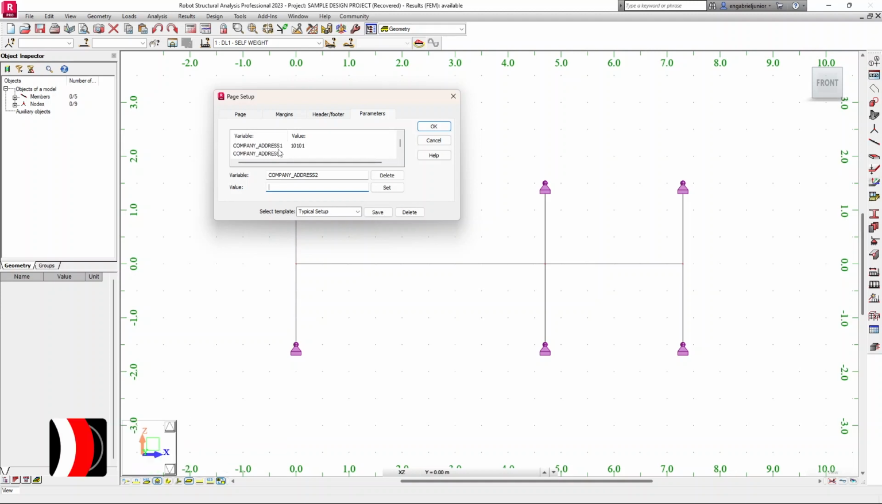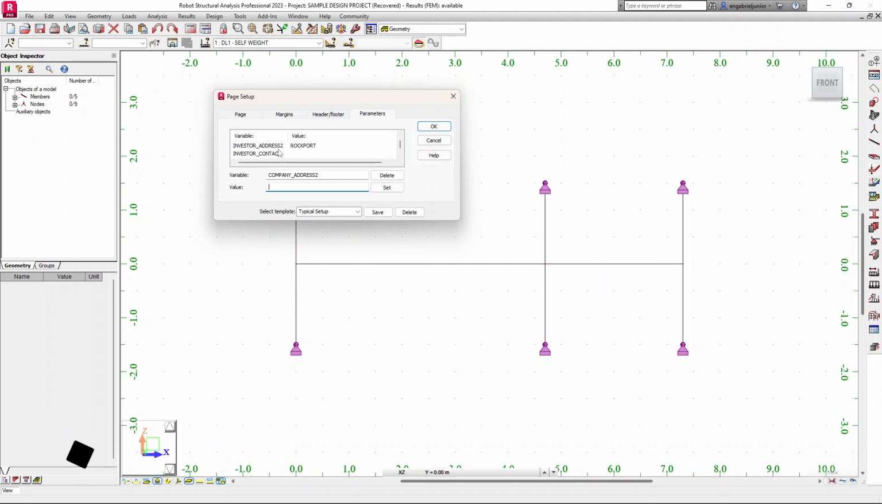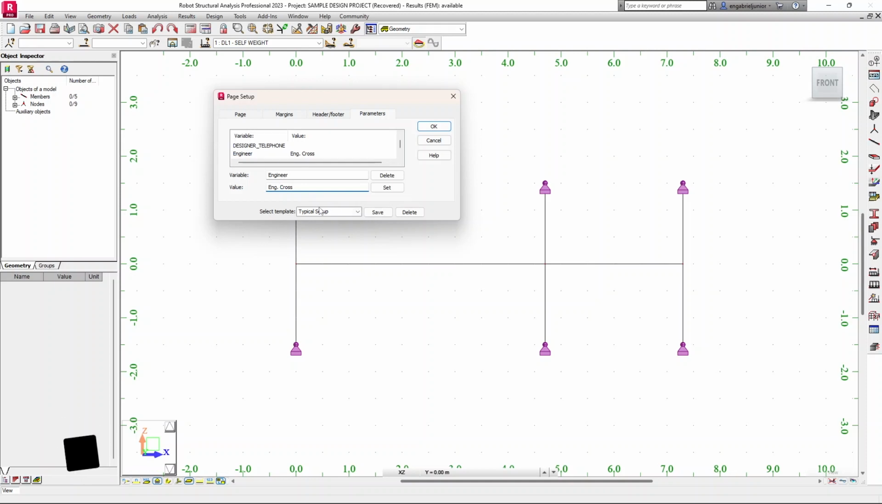What else can we add? So you can add the engineer name. Let me just look for the engineer somewhere around here. So just select it. So you can add, let's give it a simple name, engineer Hardy Cross. And once you're done,